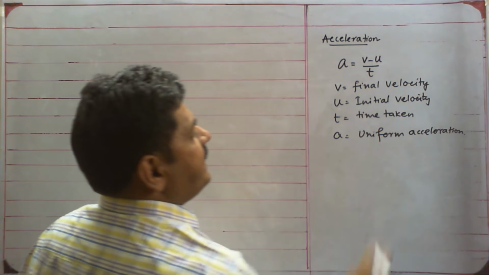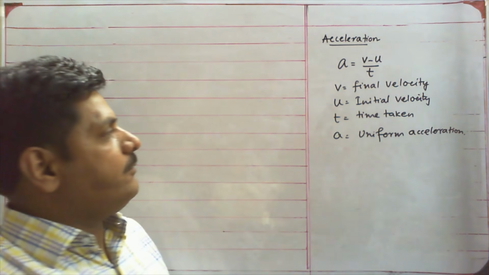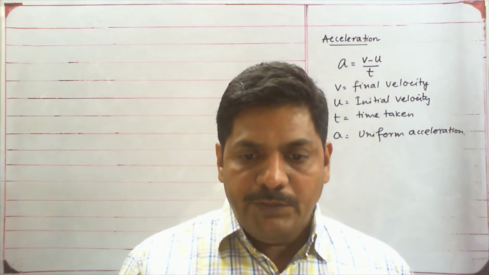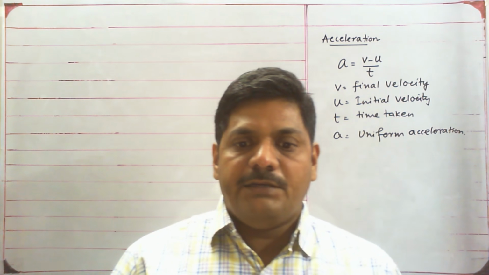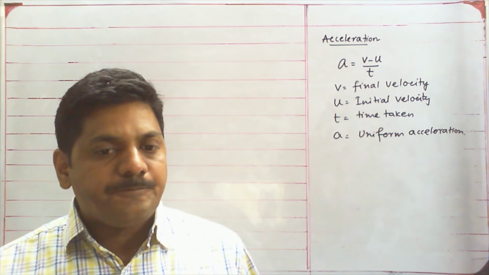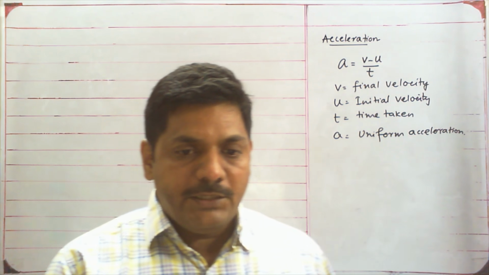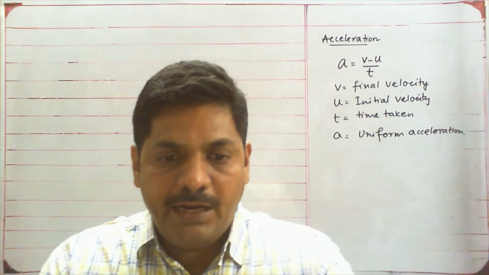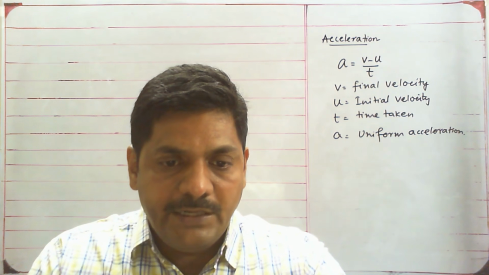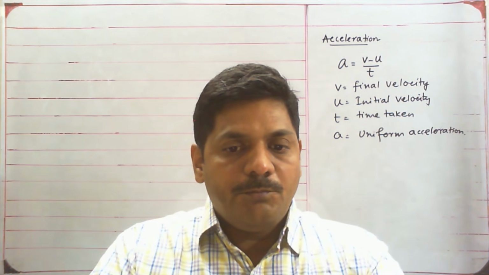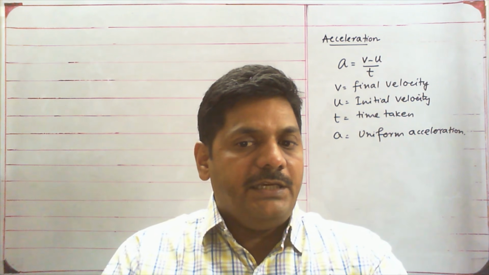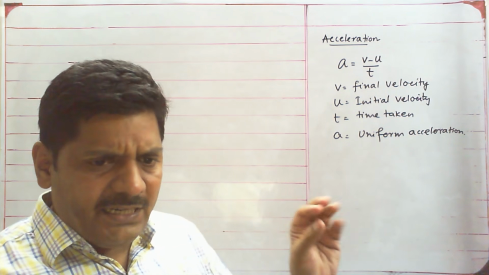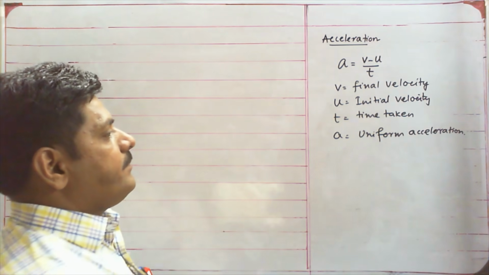So when we are getting numericals to solve related to acceleration, we get confused. What is U, what is V, what is T? T is very clear. But when we are solving the numericals, read the question once, twice, thrice. If you read the question, you would very easily be able to see what are the things given. There are a few things to be remembered in the question.